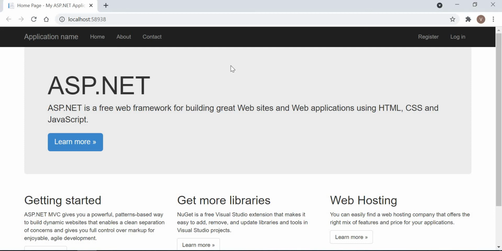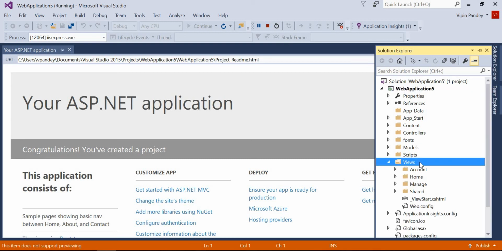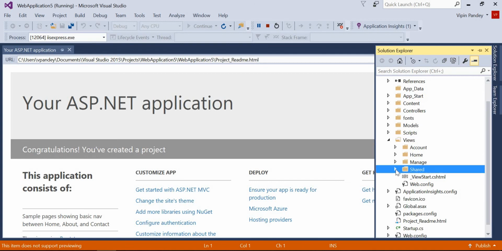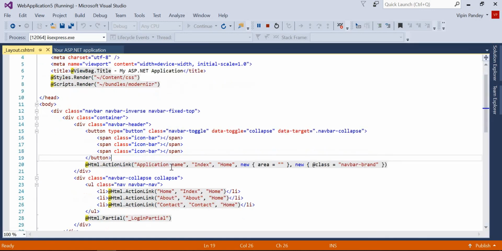For this, we can simply go into our Solution Explorer, go to the Views folder, and under the Views folder we have a Shared folder, right? That is common for all the views. In the later upcoming videos I will be discussing in detail, so don't get confused. As of now, go to Shared, and we have to select the _Layout.cshtml file, right? Under this layout you can see this application name over here. Let's suppose instead of this application name I am entering my name,